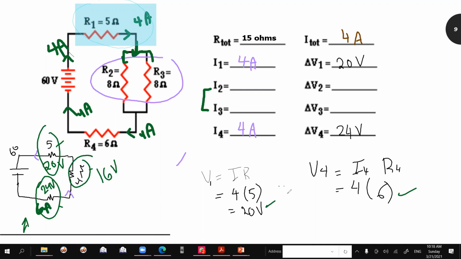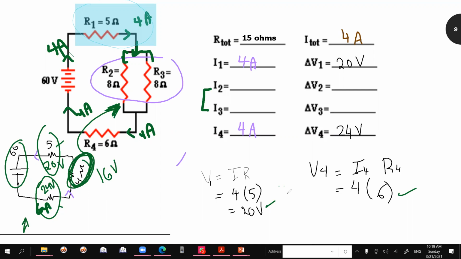So here in series, the current is the same at any point, but the voltage is not the same. 20 plus 16 plus 24 will be equal to the total voltage, which is 60. Now, after we found that the voltage at this equivalent resistor is 16, that means when we come back here,